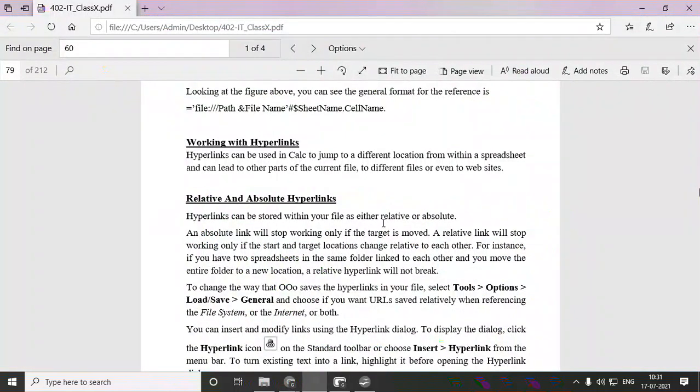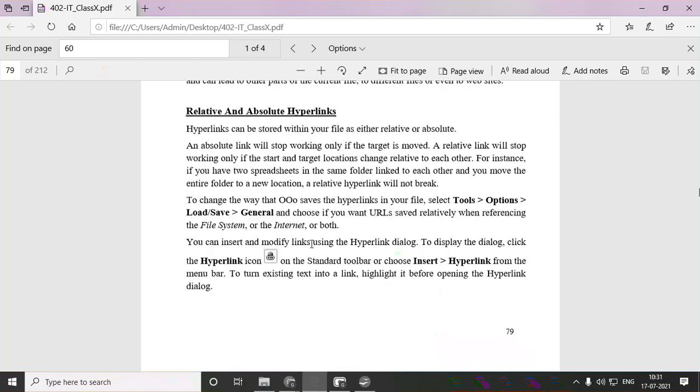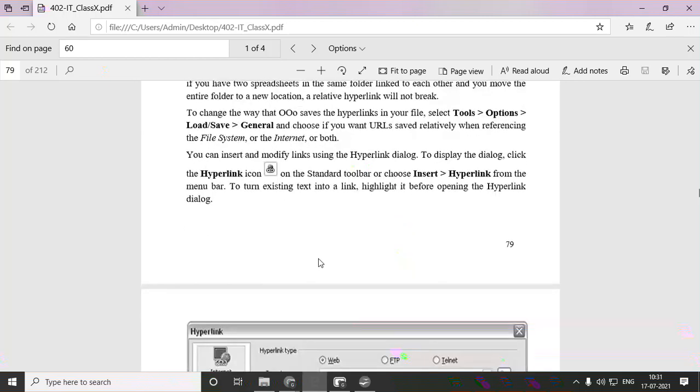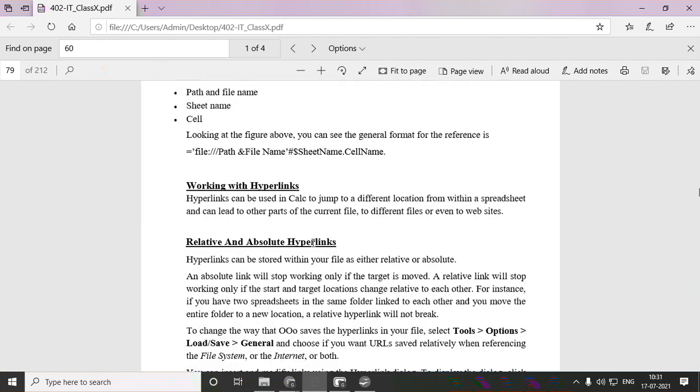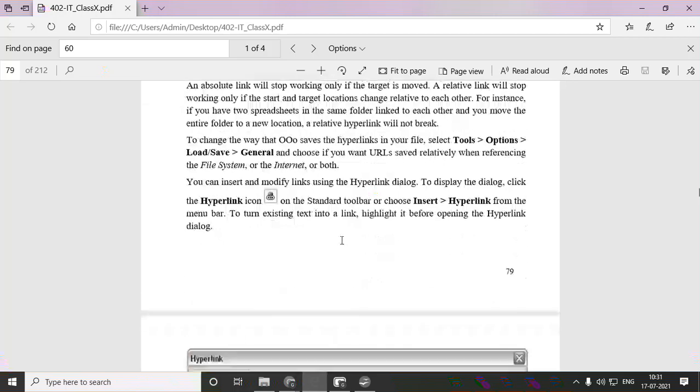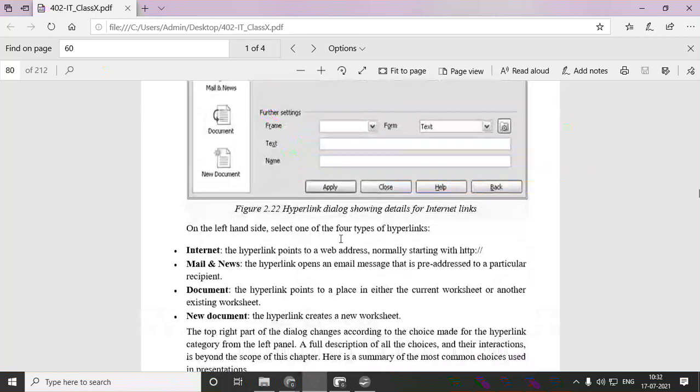So for the differences between relative and absolute hyperlinks, there are not more differences here. So what I'll do is take some more differences of absolute and relative hyperlink and explain them in our next class, because this question is important. Understood everyone? Any doubt you have till now? The next part of this chapter I'll tell you in the next class.